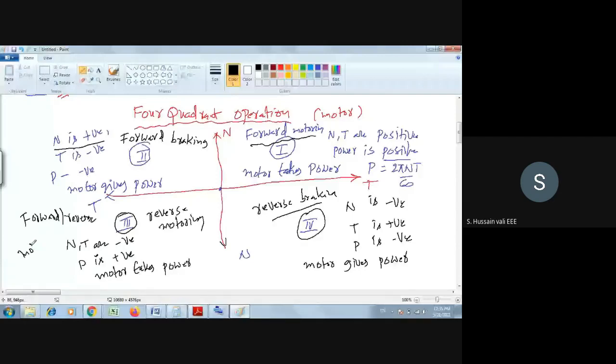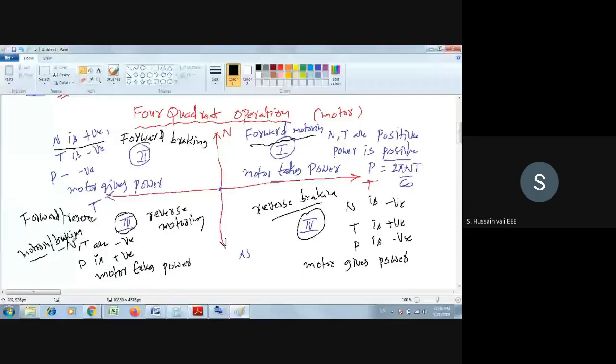I will tell you how to remember these differences. When do you find motoring, and when do you find braking? Whenever you find motoring, remember the motor is taking power, so the motor is now working in the motoring mode. When the motor takes power, it is called motoring. When the motor is giving power back, you call that braking. So now I hope you have remembered this word braking.